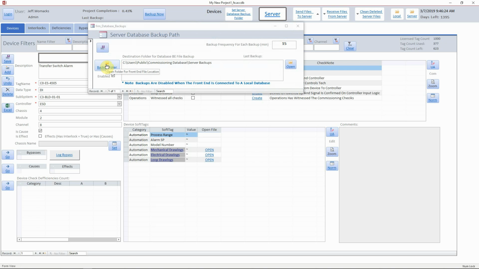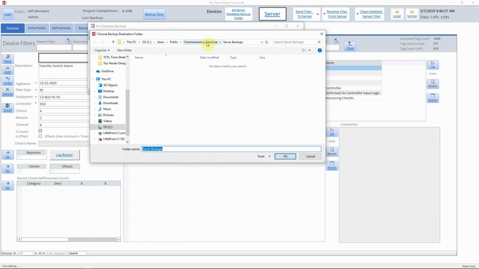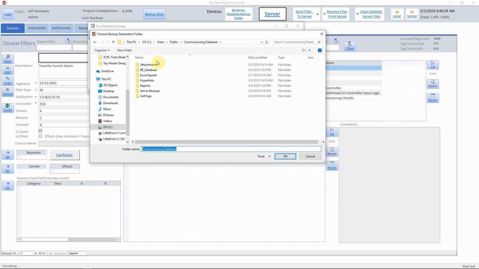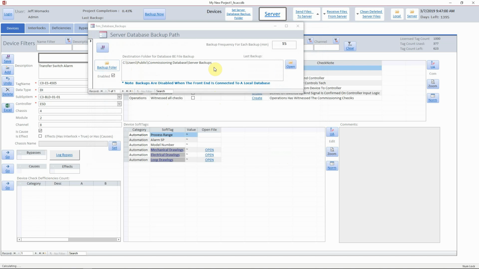In this case, I've got the backup destination set for this path. I'll just show you how I navigate and select that path. So what I do is I click this button and I'll just go back and re-navigate. My backup path is right here, and this can be anywhere that your computer can see. So if you have a USB stick or a NAS drive or a folder on the server somewhere that you want to back up to, just select the folder and hit OK. Now that you've got your folder selected,